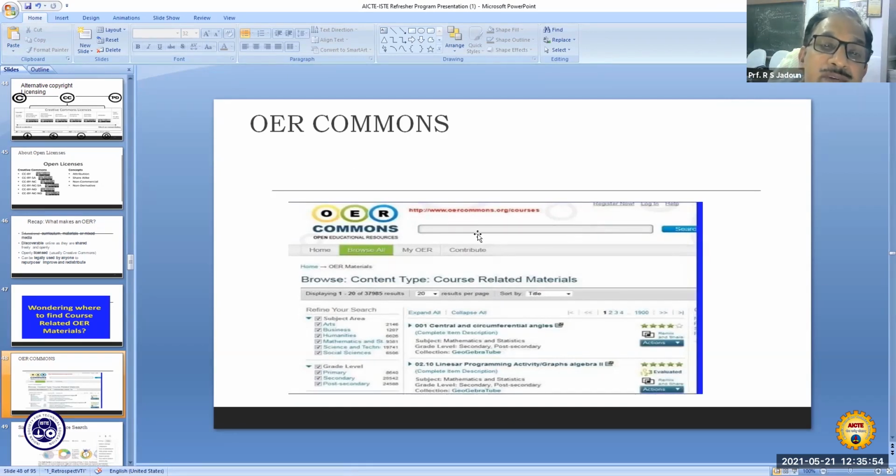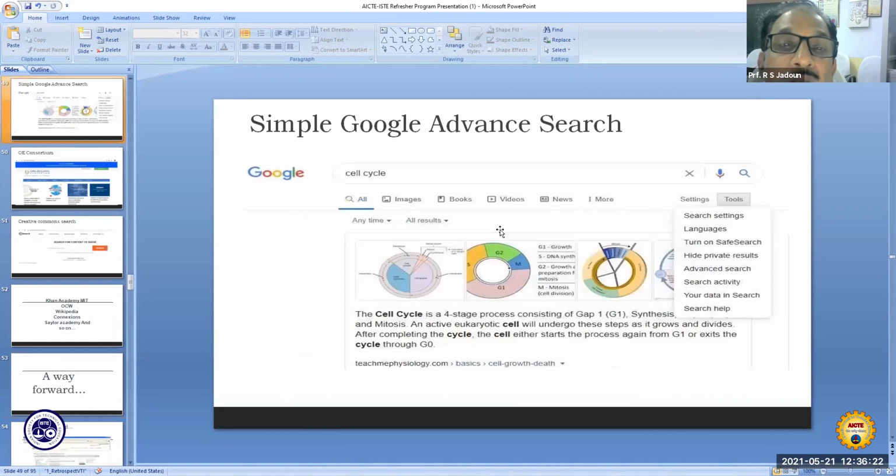So on the OER Commons platform, you can search and you will find all OER material, like you search on Google. But Google will give you all different results other than OER materials or OER resources. But here on OER Commons, only the OER material will be made available.